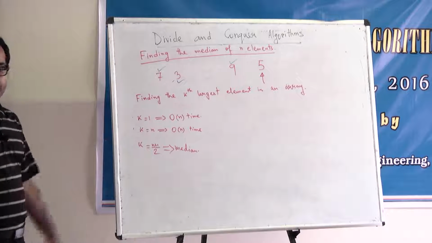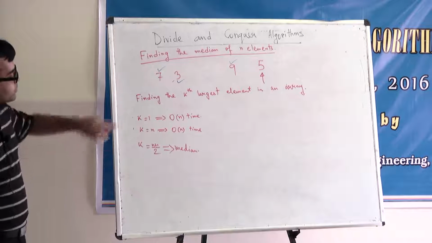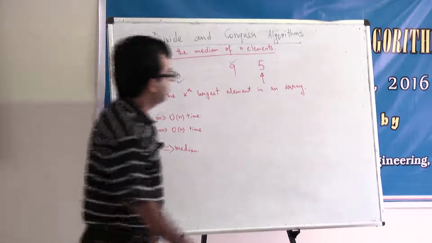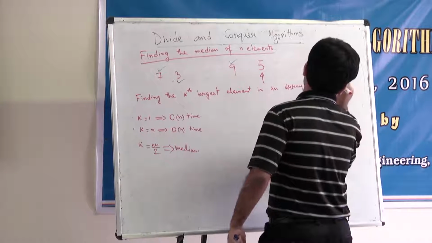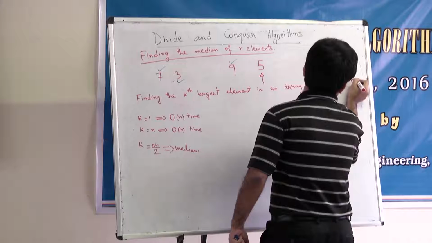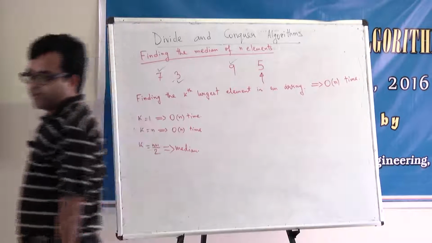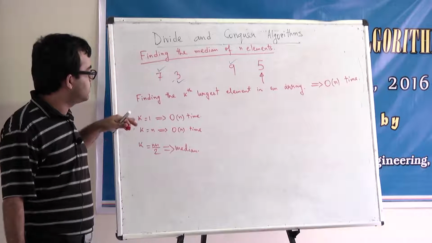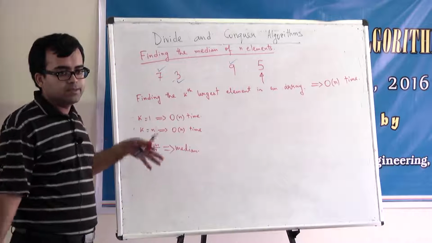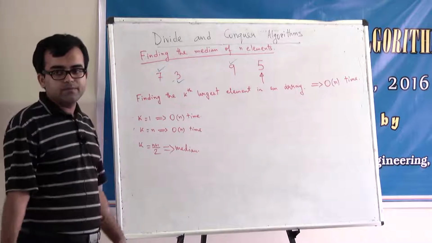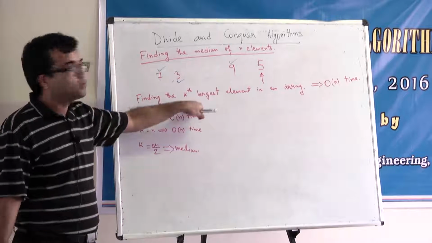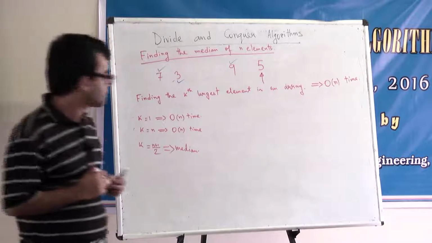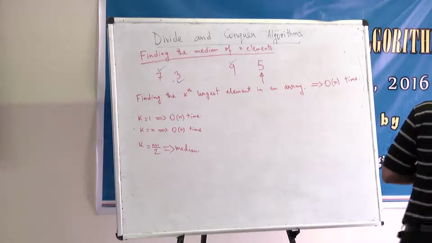What we are going to show is that for any k, you can find the kth largest element in O(n) time. Then, of course, you can find the median in O(n) time. This is not just a formality. I am not talking about this more general problem just because I want to. Even if you want to solve the problem of finding the median, you have to solve this more general problem as a subproblem. So it's better to talk about this more general problem.